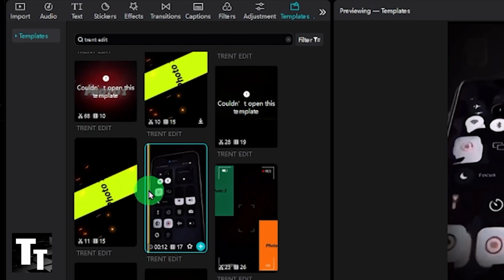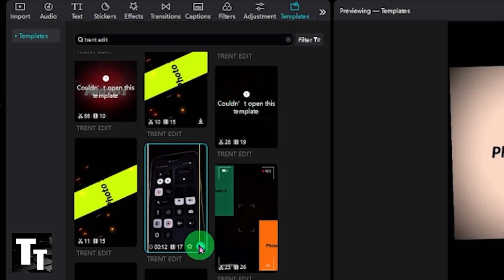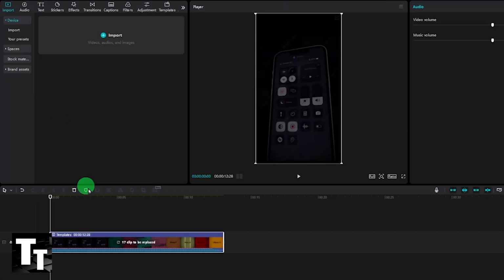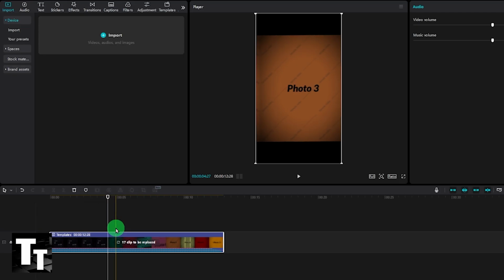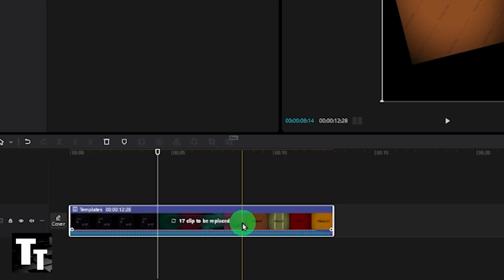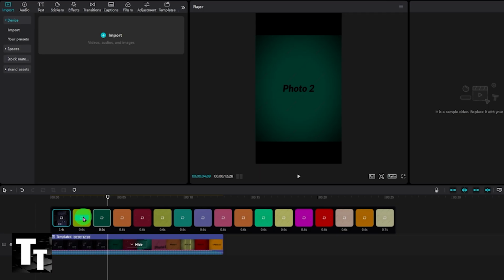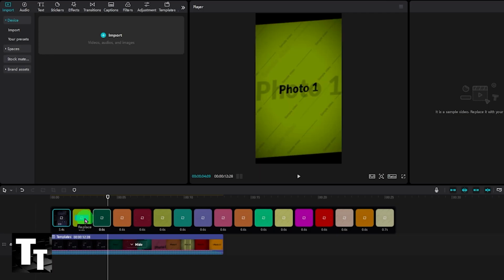to the bottom right hand screen and click the blue plus icon to add to the track. And go back to the import tab, click and select the clip, and click in the middle hand screen to replace clips. And then for each clip or picture, you want to click and replace each one, and do this